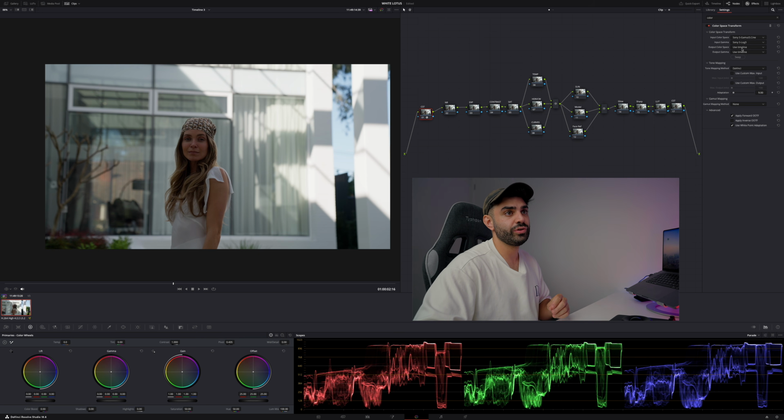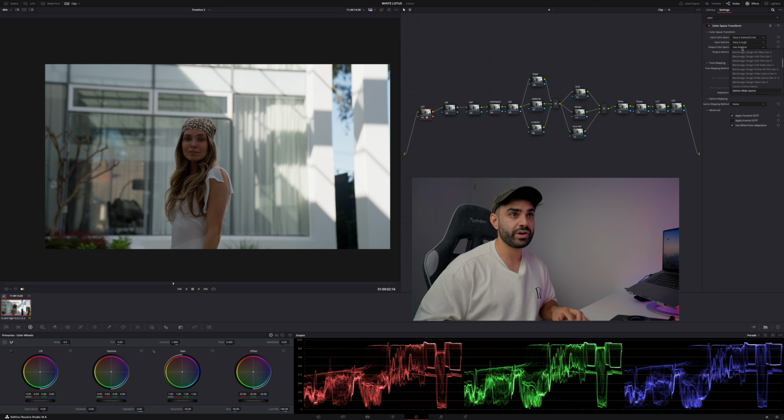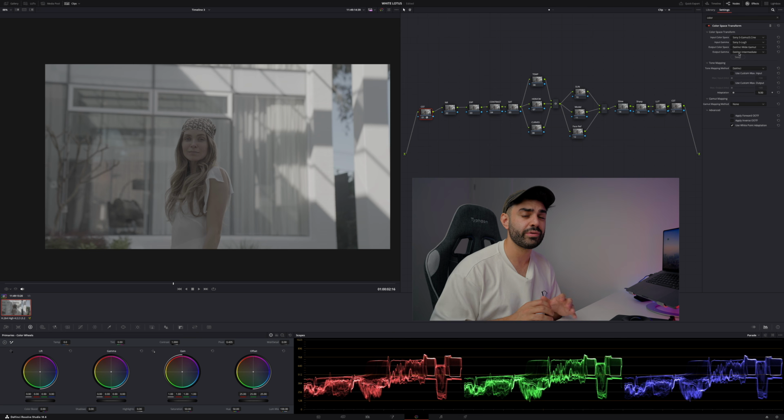The next thing you want to do is output color space. I like to set mine to DaVinci Wide Gamut and DaVinci Intermediate. Now the reason for this is I feel as I get the best color depth when editing in this color space. The next thing you want to do is head over to your last node, and this is also labeled